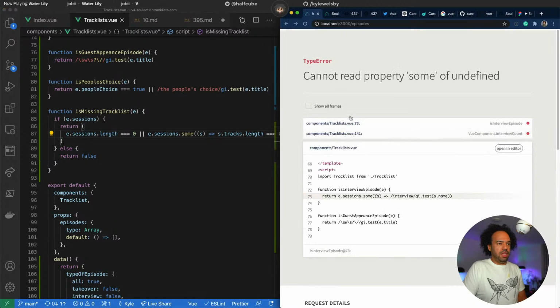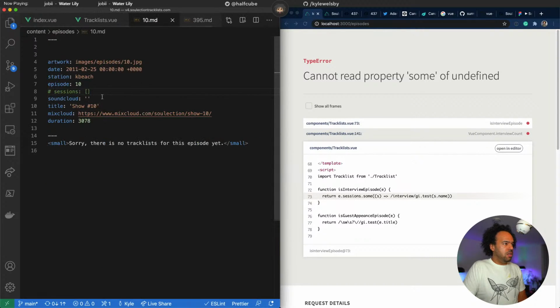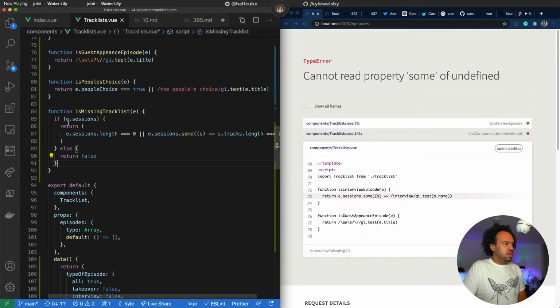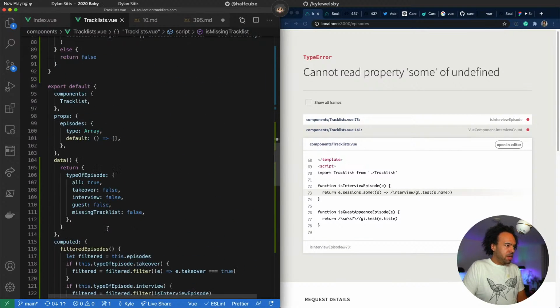Let's refresh that page. If episode sessions has own, return true of that. That's breaking other calculations.